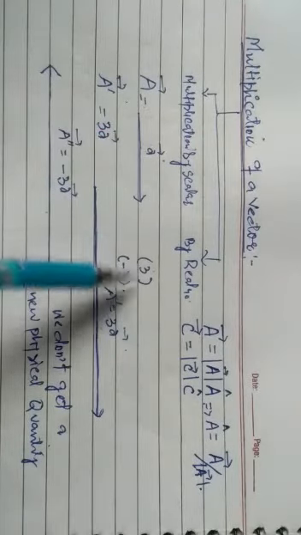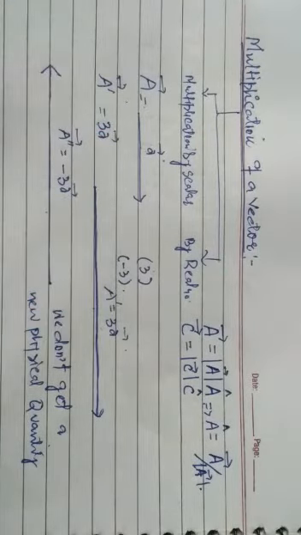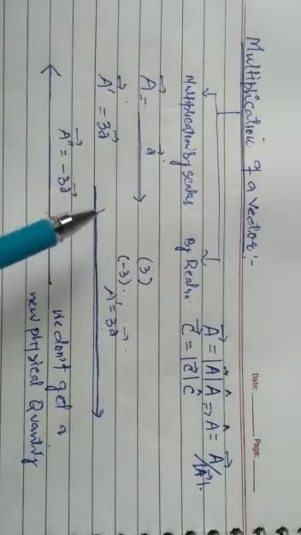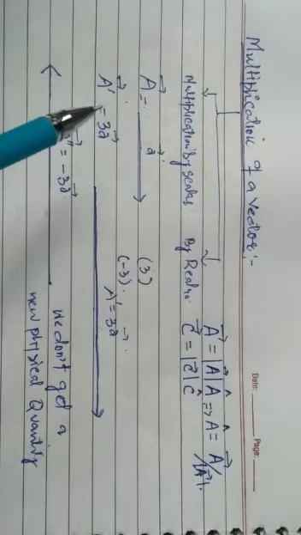Now we have multiplied 3 times, so the new vector is 3 times the first, and it is in the same direction. It is 3 times the first but opposite in direction. So depending upon the n, whether n is a fraction or something else, or it is negative or positive, its direction can change.